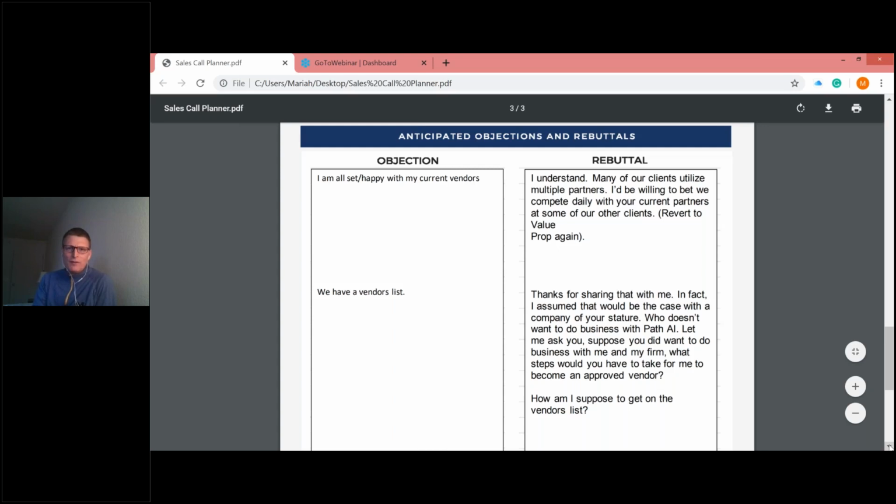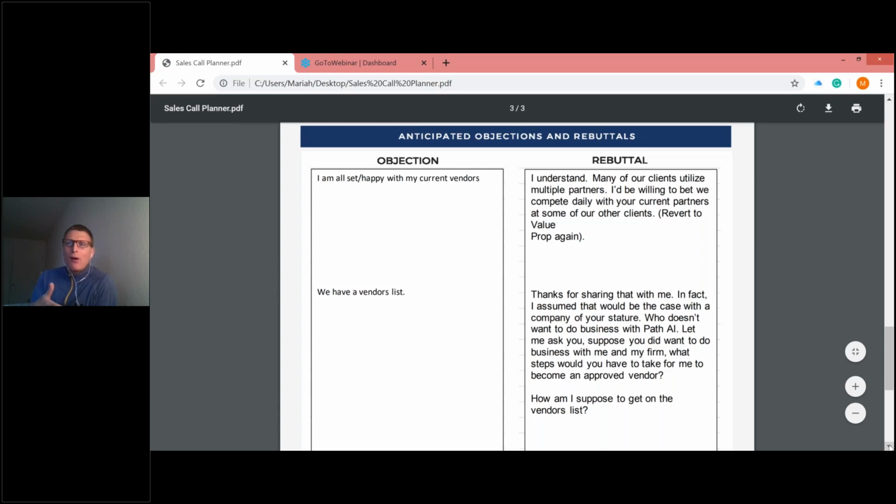At the end of the day, there's really only a handful of different types of calls that you make in this business. You're making cold calls, you're making lead nurturing calls, and you're making calls to either take a job order or to get candidate feedback. And so my point is, based on what type of call you're making, it should be really easy for you to prepare for and anticipate potential objections.